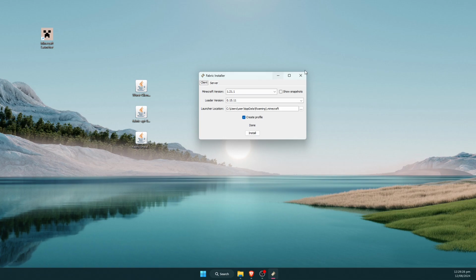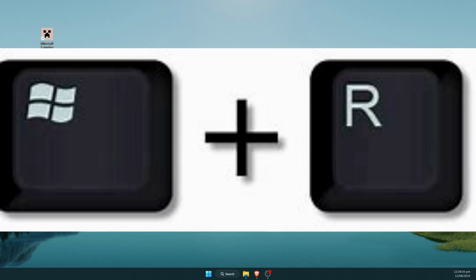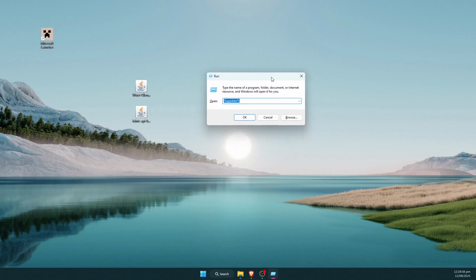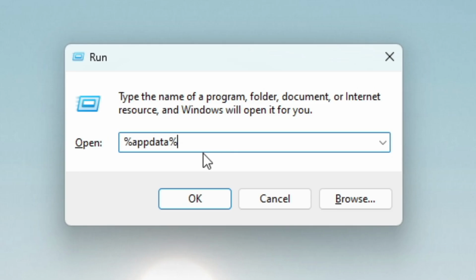Next we're going to go ahead and cross this off. We no longer need this. You can go ahead and delete the Fabric installer if you want. And we can go ahead and hit the Windows key and the letter R. This is for Windows 11 of course. It should work on Windows 10 as well, and I've already got it typed in here, but what you're going to want to type is